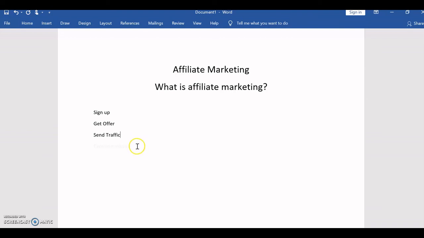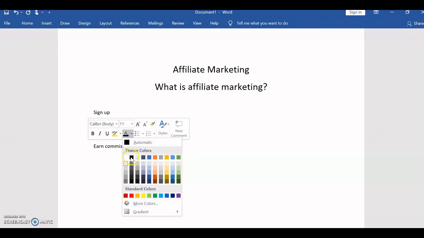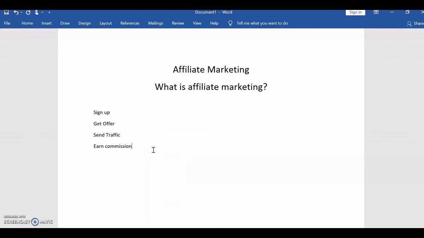And then once you send traffic, there are those people that will sign up immediately if they like the offer, or they've been looking for the offer and they see that you've advertised it, and they may go for it immediately. There are other ones that you need to keep chasing after, and that is why GetResponse comes in, by helping you create an email list. Once you do a landing page, you'll be able to collect emails from different people, and then you can keep sending emails to them, and eventually they will buy. So that's how to get started with affiliate marketing.